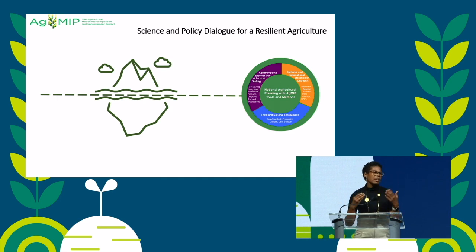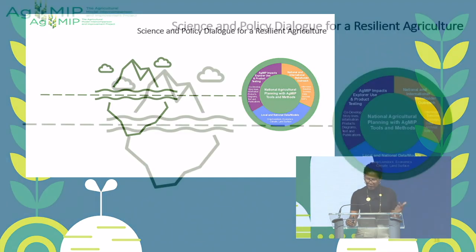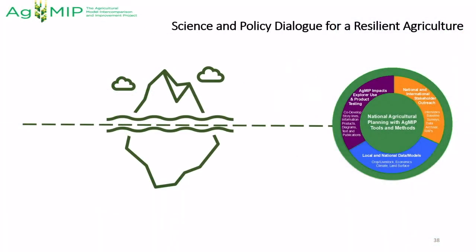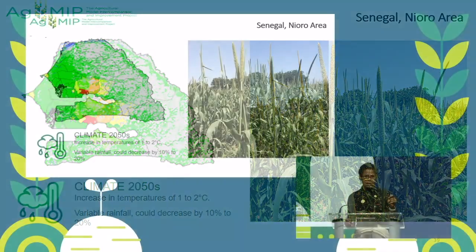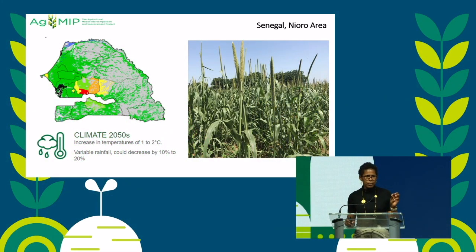When we think, for example, on nutrition-sensitive program. We also do a lot of capacity building, knowledge sharing, and knowledge translation for a shift of thinking toward more systemic solutions. I will talk about Senegal and specifically about a small area in the heart of Senegal where the AgMIP adventure started for us.